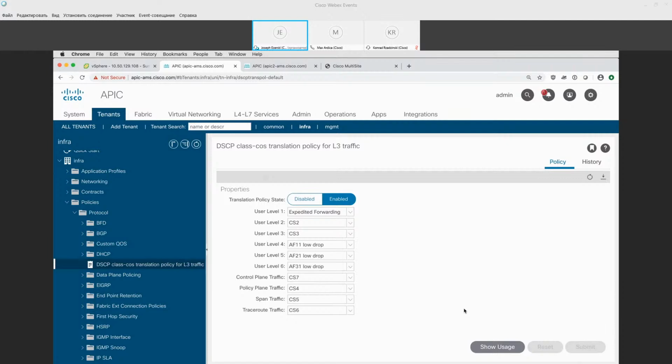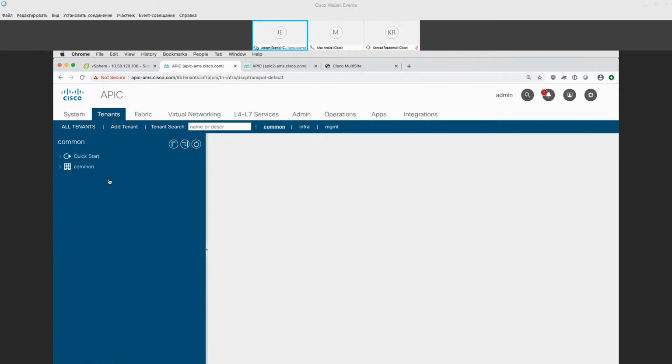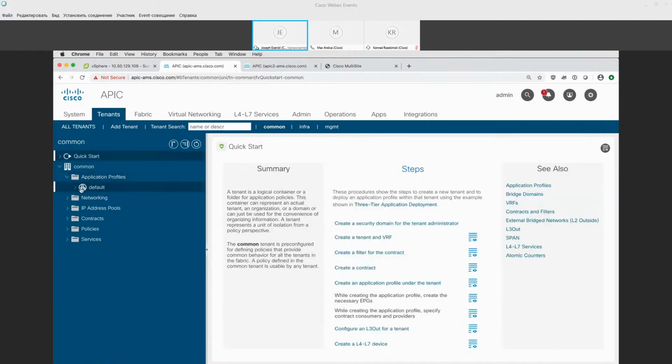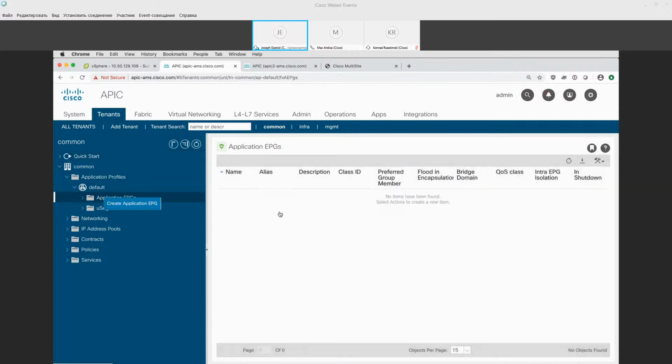Yes. I don't actually have a tenant built, but when we make EPGs, at the EPG level is where we can set our user levels. I don't have a tenant handy right now, Bill. I actually cleaned my fabric completely, but let me make a quick EPG and just show you. If I create an application EPG,